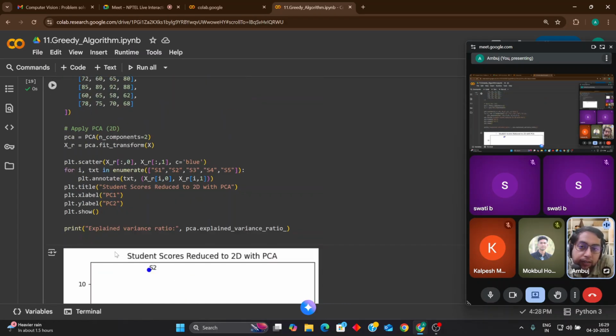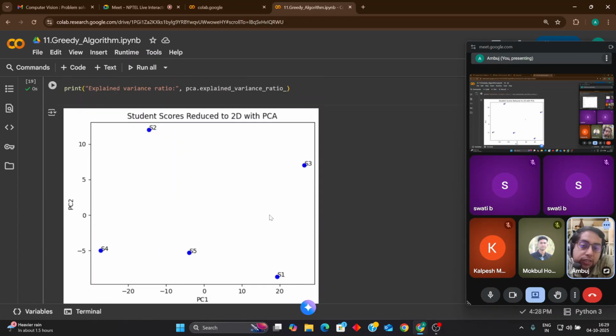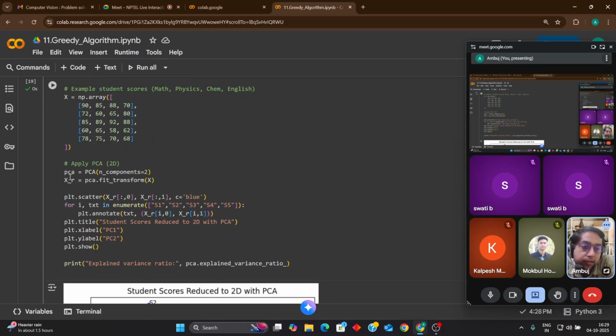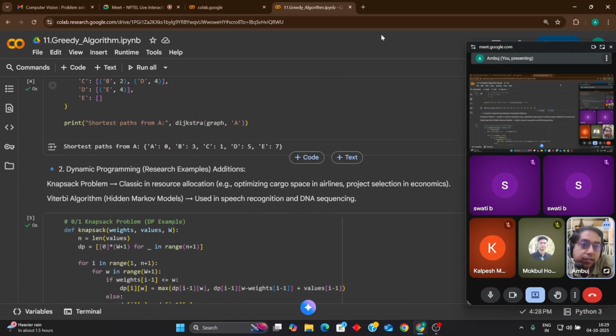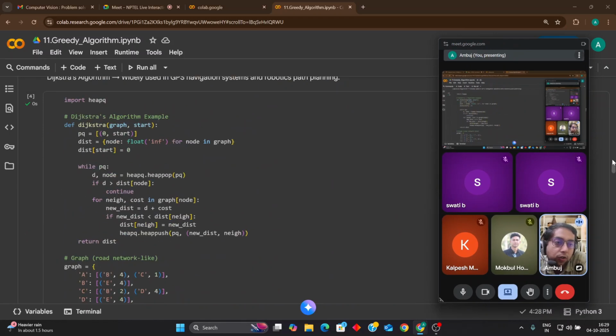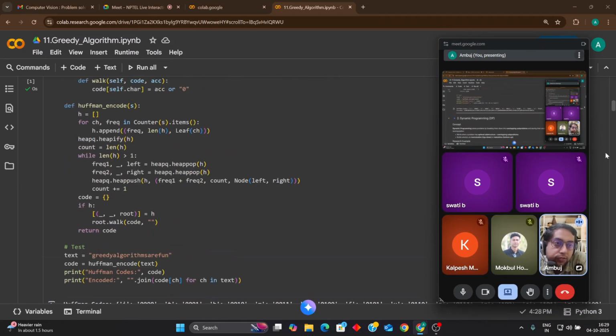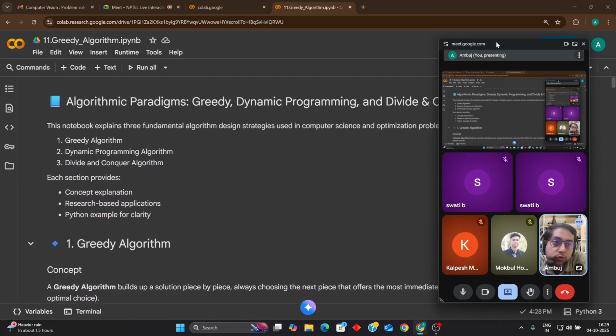Okay, and for more manipulation, reducing it from 4 to 3, then 3 to 2, then 2 to 1, that you can try. Just get this notebook and try to run it. Meanwhile you will get hands-on experience of how to do that, which components you have to delete and which components you have to use. Okay,